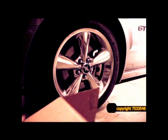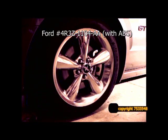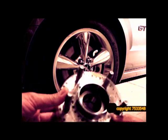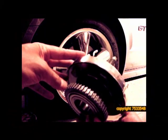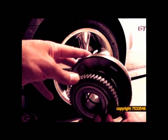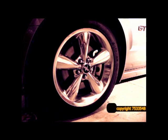This is a 2006 Ford Mustang, and it has a bad wheel bearing. And so what we have here is the factory bearing, and it consists of not just the bearing, but also the hub, the studs, as well as the anti-lock brake sensors, that the sensor actually detects these metal studs. So we will be removing the wheel, placing this on,